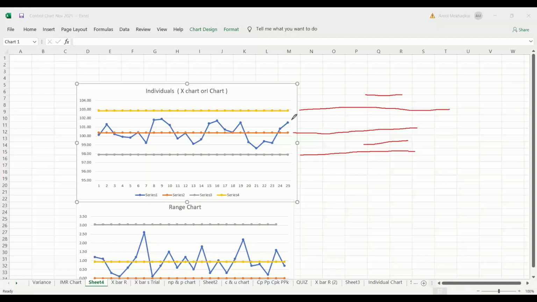So what will we do? You are going to continue plotting the data according to this. You are not going to calculate the average on a daily basis. You are not going to calculate the LCL and UCL on a daily basis. It is already calculated from the historical data, and you will continue to use that. Keep plotting on top of it. Wherever you feel the data is going out, or you get some signals, you start taking action and bring it closer to this. Similarly, monitor the ranges also. So you need to prepare this on a piece of graph paper and start monitoring.